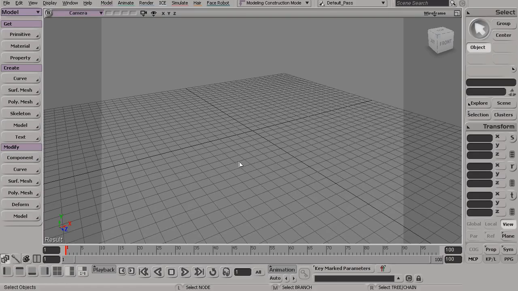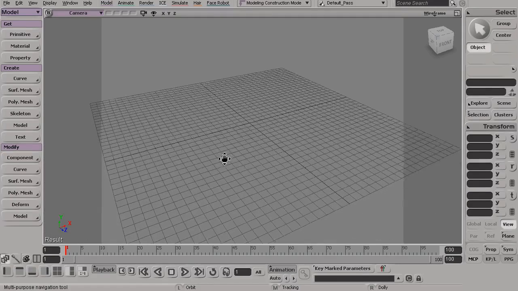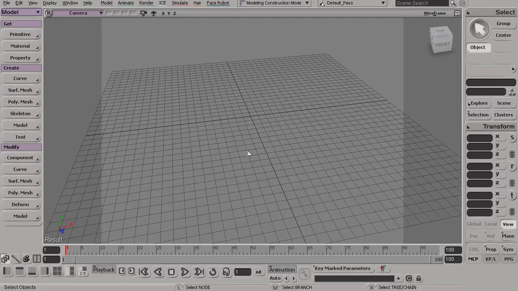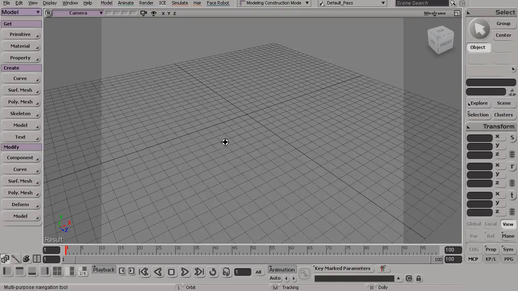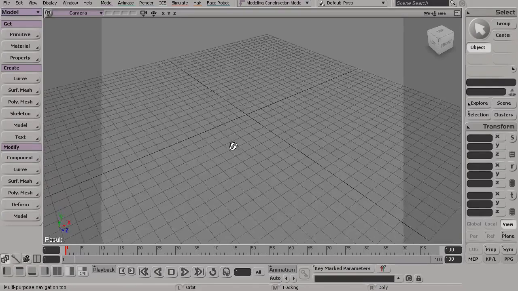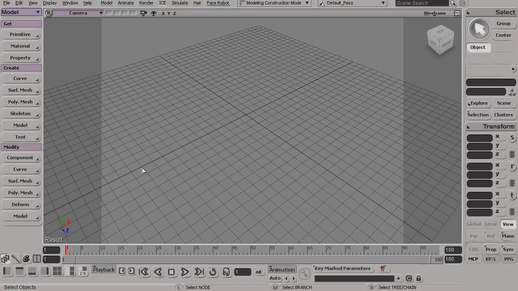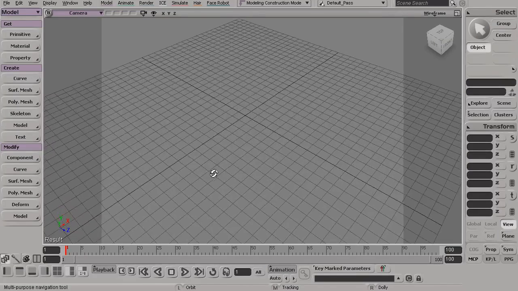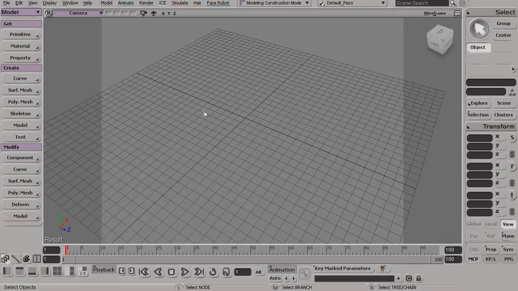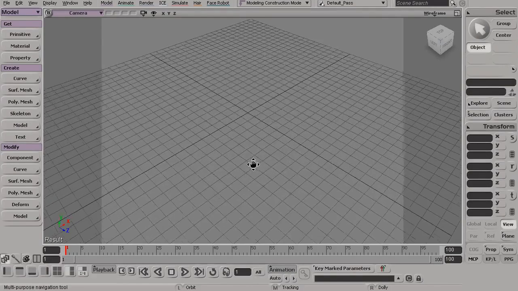Now, something that I want you to keep in mind is that when it comes to modeling in Softimage, there are many ways and many different tools that we can use to get all very similar results. So as you're starting to watch me use some of these different modeling tools, really keep in mind that the tools and the methods that I'm using usually are by no means the only way to build the shape that I'm using. What I want you to do is be able to see lots and lots of different modeling tools,